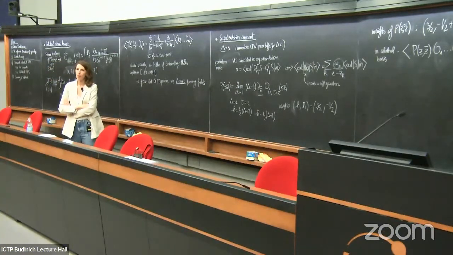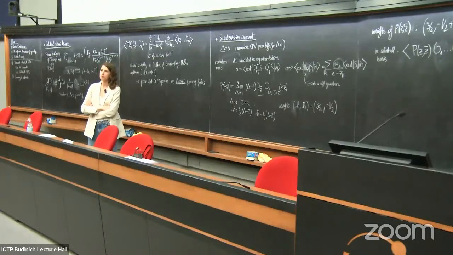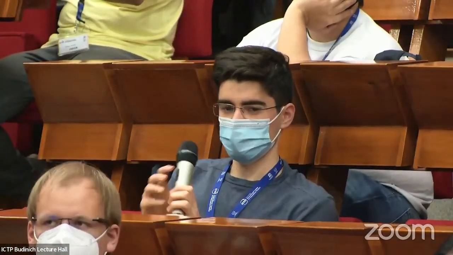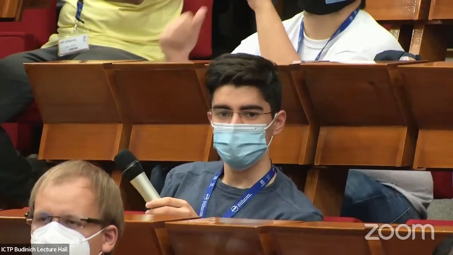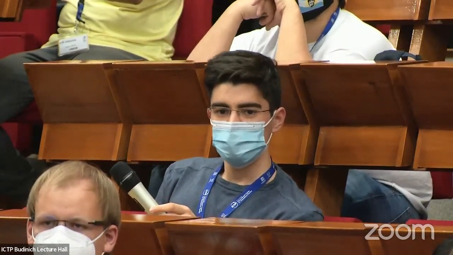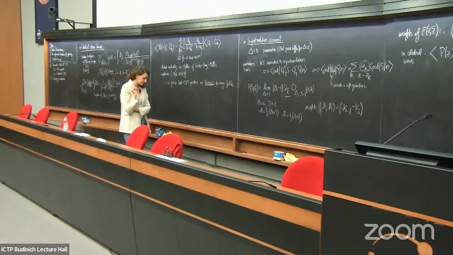I didn't quite understand why we care that this T was the shadow transform of a delta equals 0 operator. Why do we use it? We care because that's the only way you can get it somehow. If you